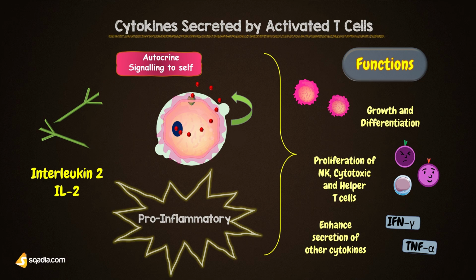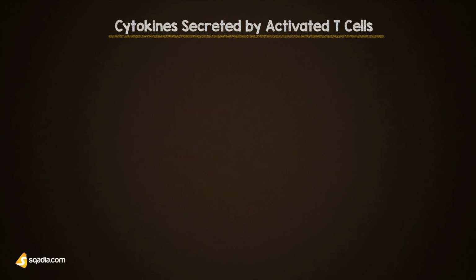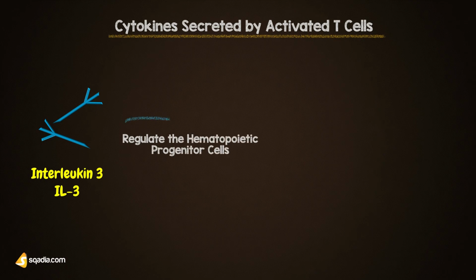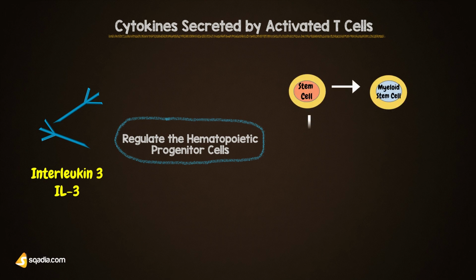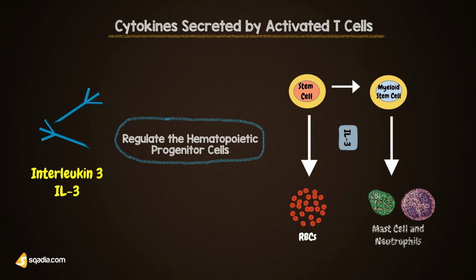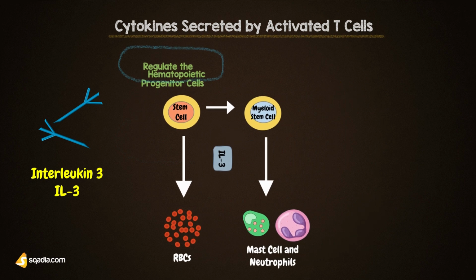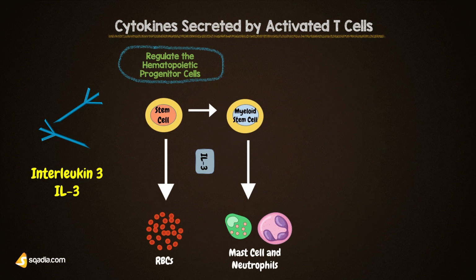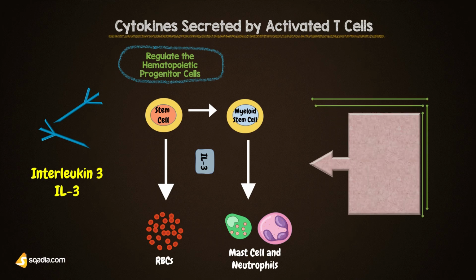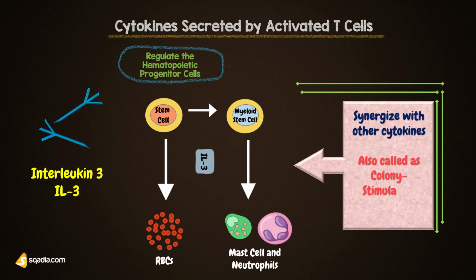Another cytokine produced by the T cells is interleukin-3, or IL-3. It regulates the growth and differentiation of hematopoietic progenitor cells and functionally activates mature neutrophils, macrophages and mast cells. IL-3 synergizes with other cytokines to stimulate the growth of immature progenitor cells of all lineages, and it is also recognized as the multi-lineage colony stimulating factor, CSF. Some other examples of the cytokines secreted by the activated T cells are: